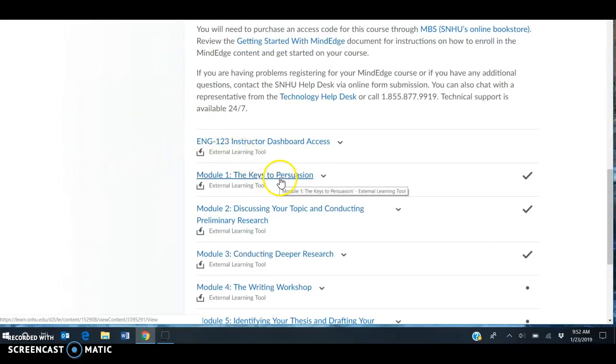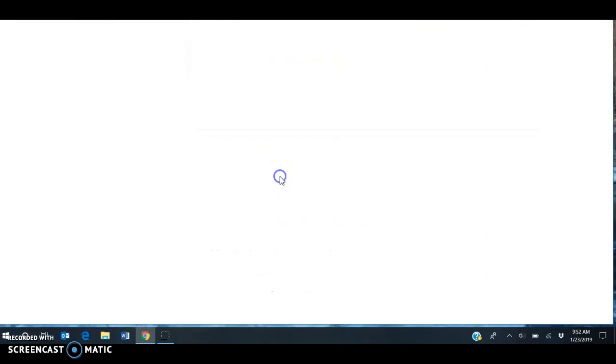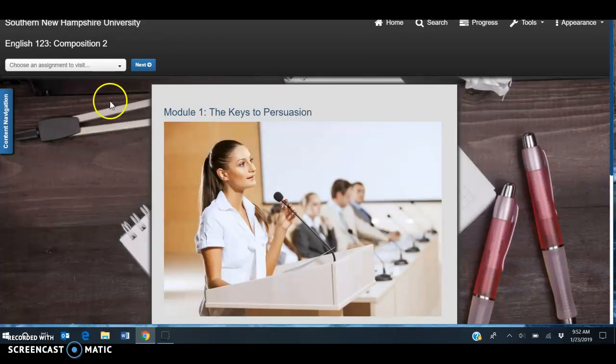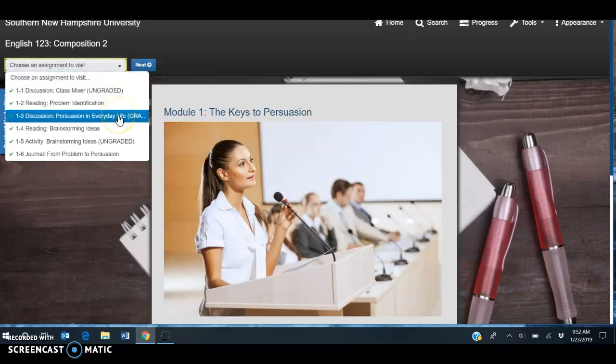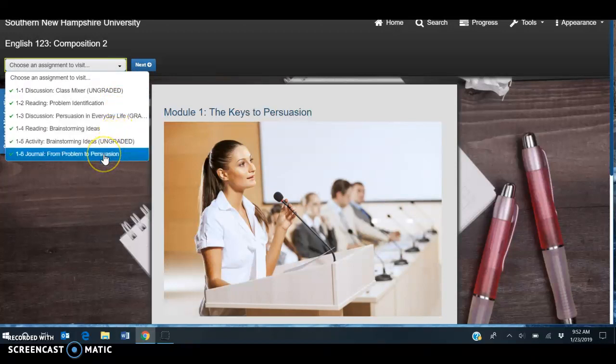So again, course menu, learning modules, and you're missing, I think, week 1 and week 2 work. So we'll go into module 1, and this is MindEdge. This is our e-learning material. There's no book for this class. It's just this e-learning material. You already participated in the discussion board, so that was good. You still need to